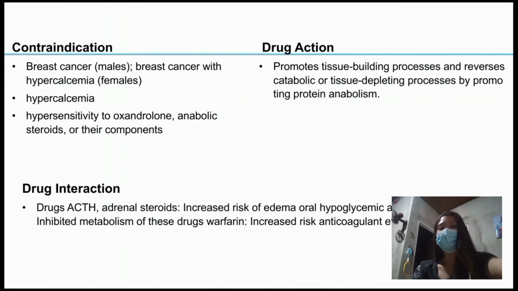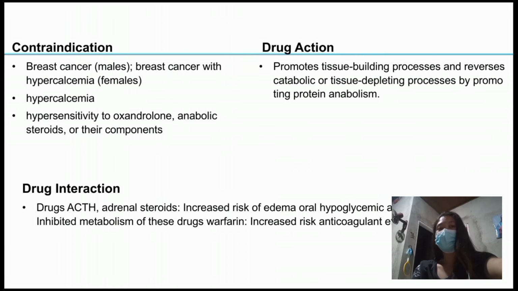For the contraindications: breast cancer in males, breast cancer with hypercalcemia in females, hypercalcemia, and hypersensitivity to oxandrolone, anabolic steroids, or their components. For the drug action, it promotes tissue building processes and reverses catabolic or tissue depleting processes by promoting protein anabolism. For the drug interactions: with ACTH and adrenal steroids, it increases the risk of edema; with oral hypoglycemic agents, it inhibits metabolism of these drugs; with warfarin, it increases the risk of